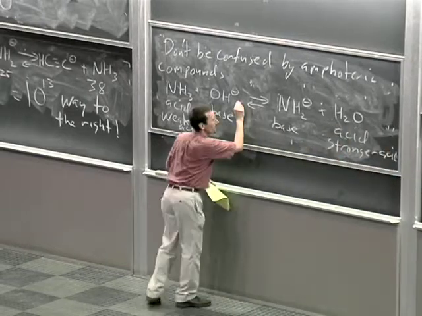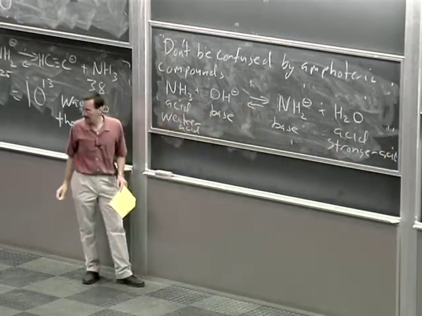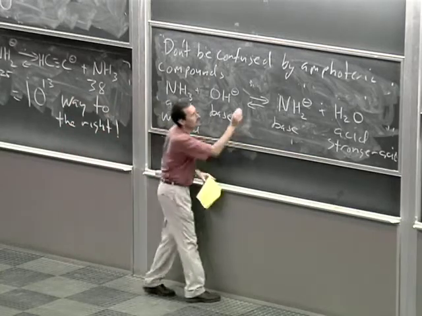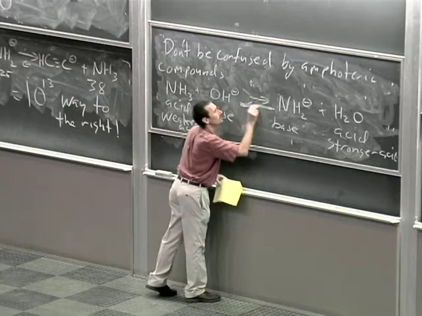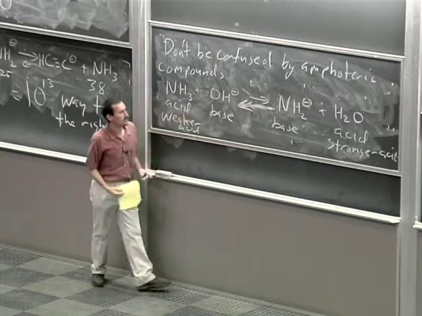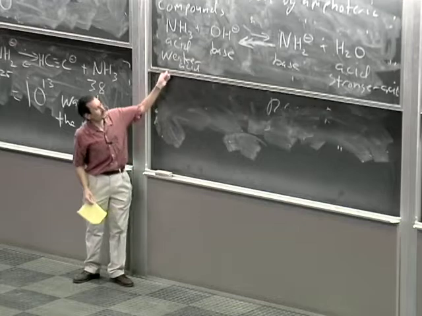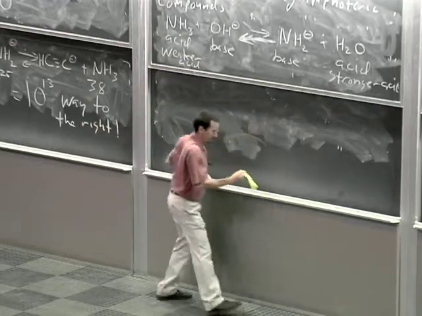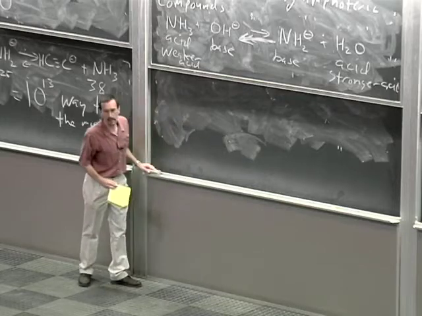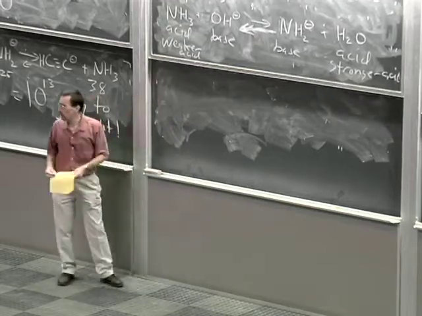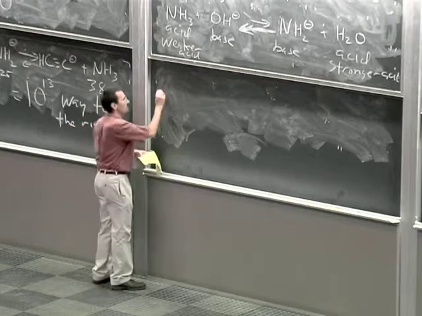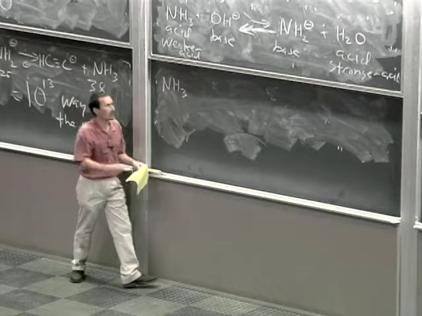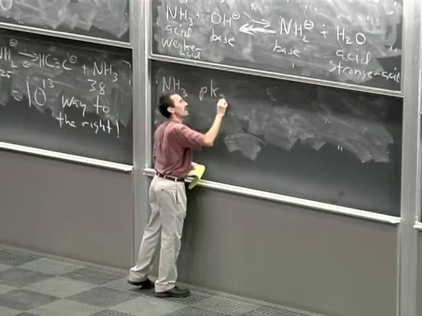This equilibrium lies way to the left because we always go from the stronger acid to the weaker acid. So let me write that out just so I can codify my thought processes here. What I'm saying is NH3, we're talking a pKa of about 38,